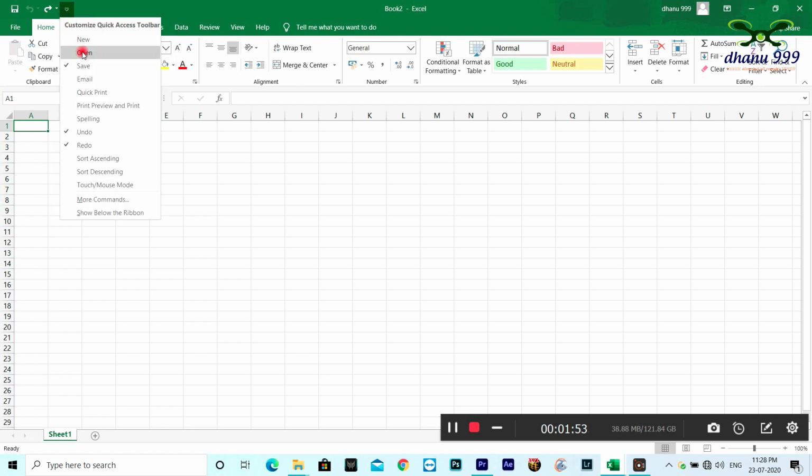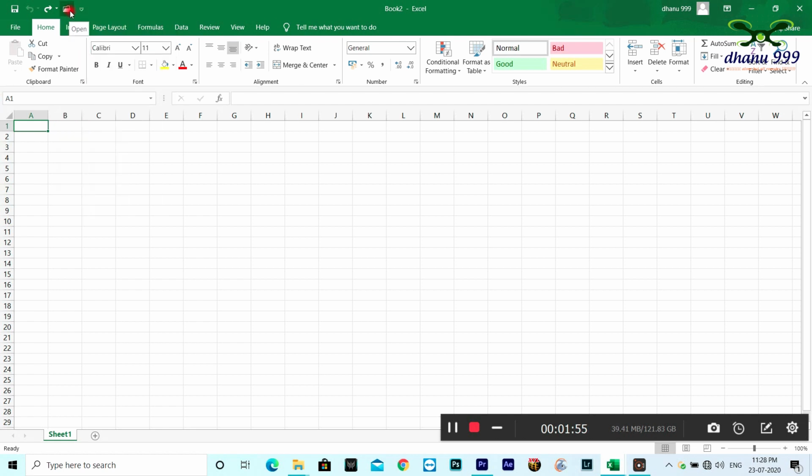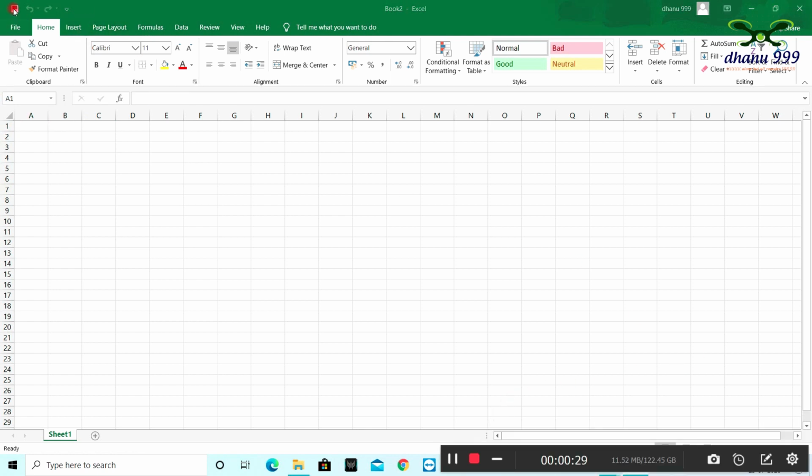If I want Open, I will click here on Open. Like that, here we got the Open shortcut. If I don't want it, I will remove the tick. We can see the Save option here. If you want to save, you need to go to File and save. Without that, we can easily save with this option.